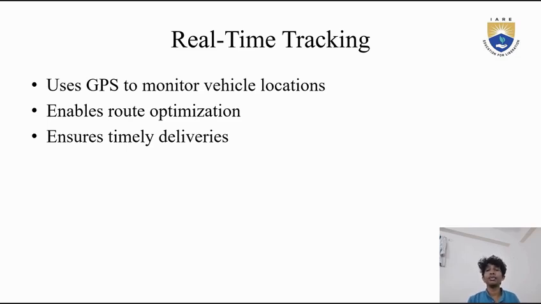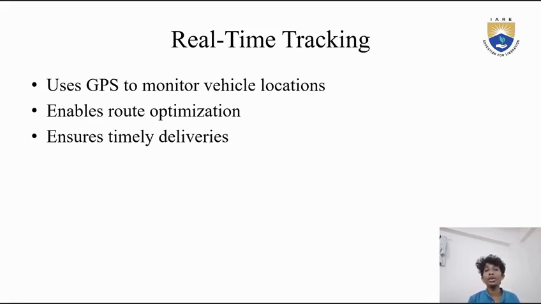Real-time tracking in a fleet management system: overview. Real-time tracking in a fleet management system uses GPS and telematics to monitor the location, movement and status of vehicles in the fleet. This feature provides live updates, enabling fleet managers to make informed decisions. Using GPS to monitor vehicle location enables accurate location tracking of each vehicle and provides real-time updates on vehicle